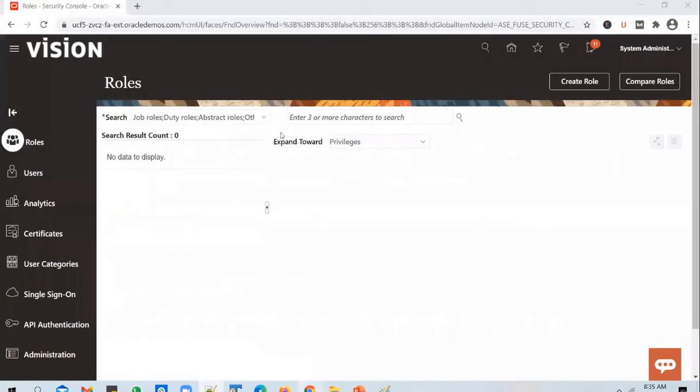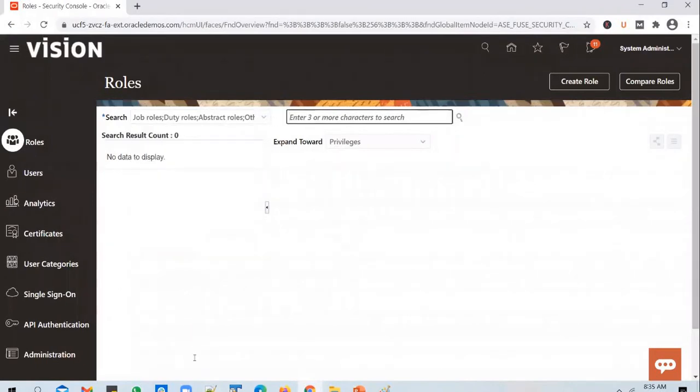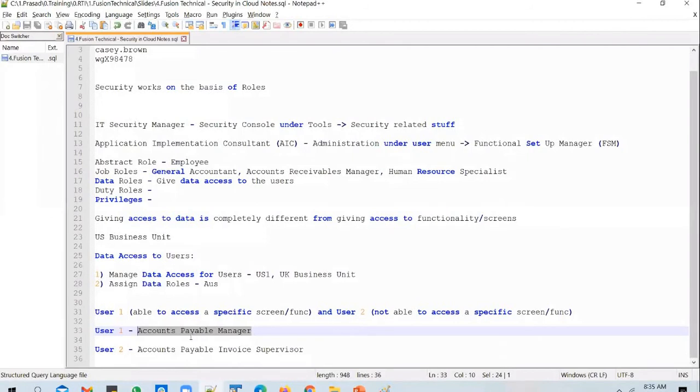You have an out-of-the-box option available to compare the roles. So you can search for the first role. Say, for example, in this case I want to compare a payables manager role with a payables invoice supervisor role, so that I can understand what exactly is the difference between these two, and what privilege might be behind this access issue.